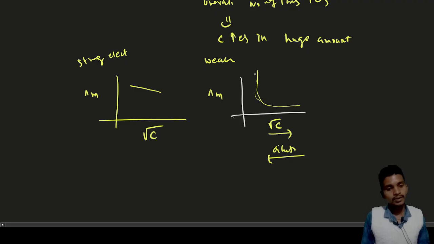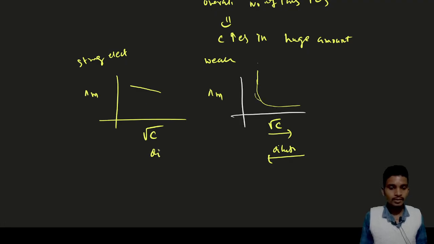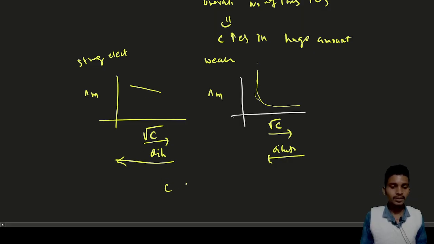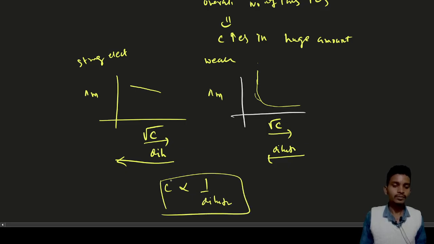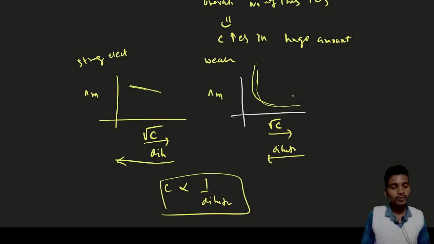If you are adding dilution, this is a huge amount, because concentration is 1 by dilution. So here a very small, marginal increase has happened, but here, after adding dilution, a huge increase happened, because for weak electrolytes,